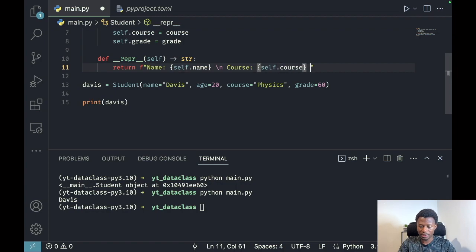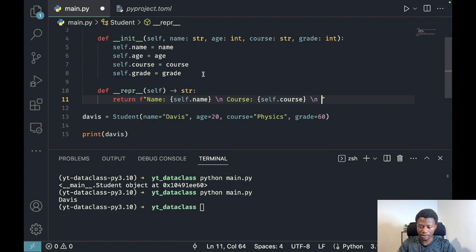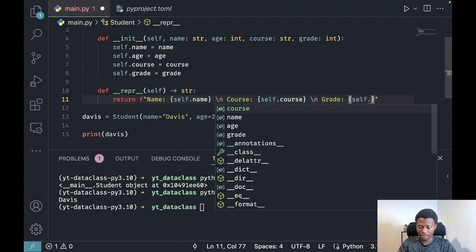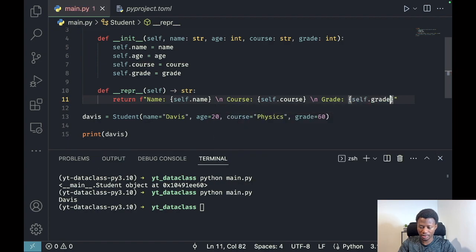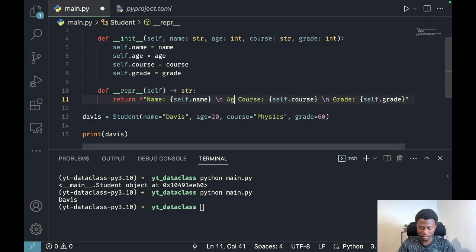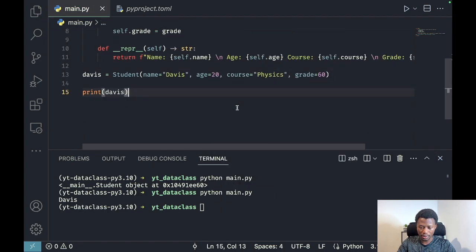All right, and by the way, that says new line. I'm just putting that out there. Okay, let's just do grade and say self dot grade. All right, okay, we have age as well, so self dot age. Okay,